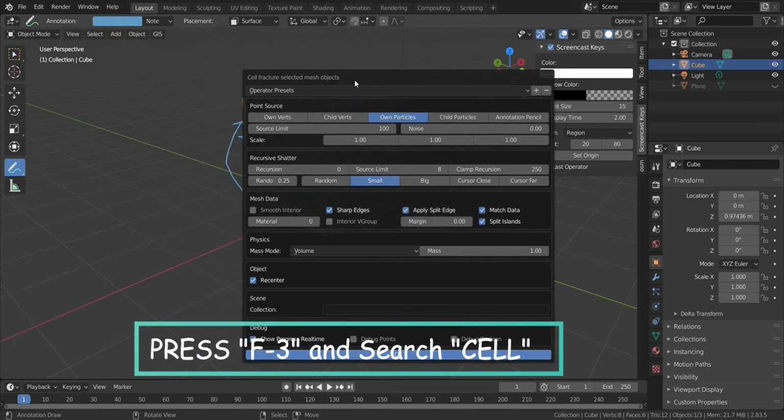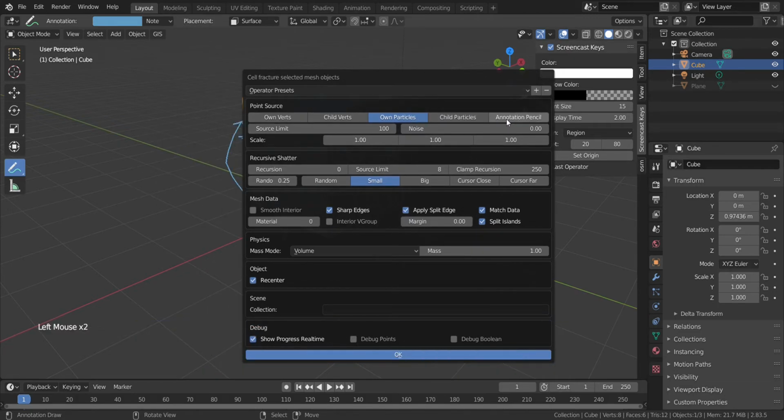In this menu you can choose annotation pencil from the point source, and under the source limit section you can choose a source limit of 150, and in the recursion type 1 because we need only one recursion.